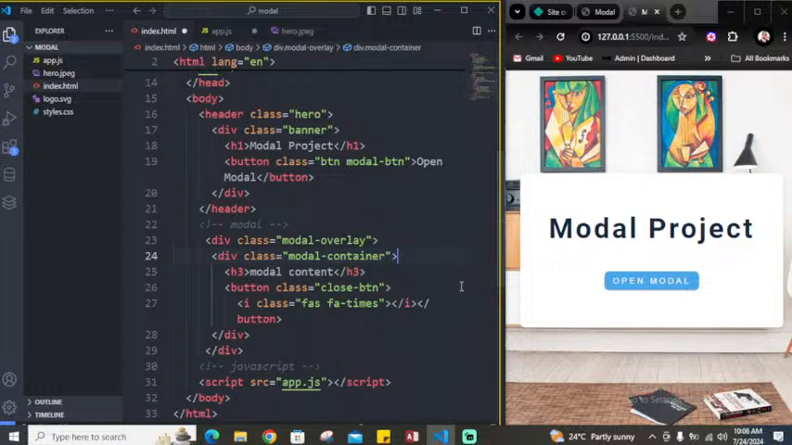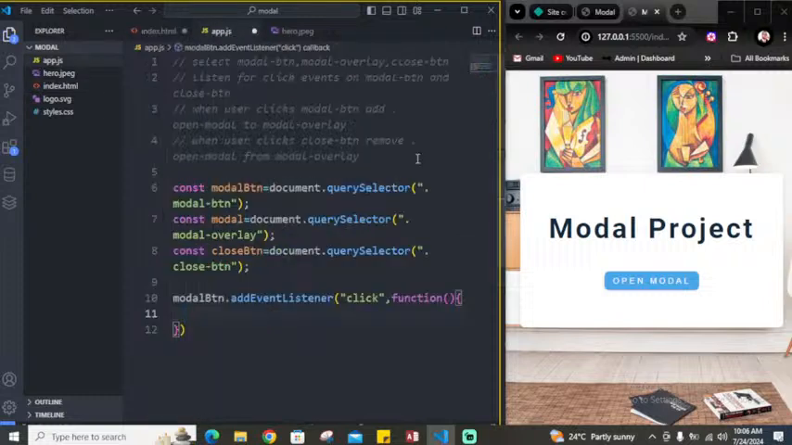Modal btn, close btn, modal container, modal overlay, then modal word btn. So I'm going to call the modal itself here. Right, I'll go back to my JavaScript. So if I said modal